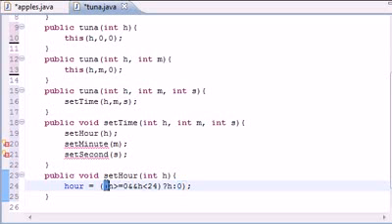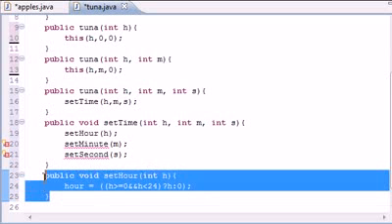So again, this is a conditional expression, or it's pretty much just the same as an if statement. What this is going to do is make sure the hour is greater than 0 and less than 24, and if it is, use it. If not, use 0. So now do the same thing for minute and second, except when we use this,